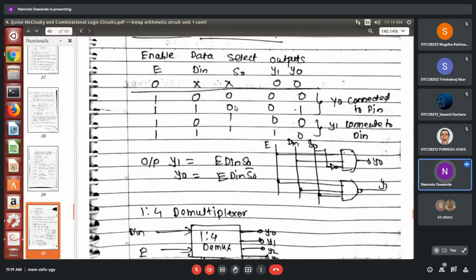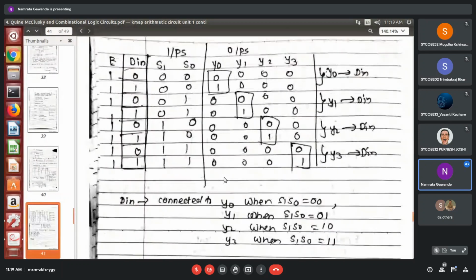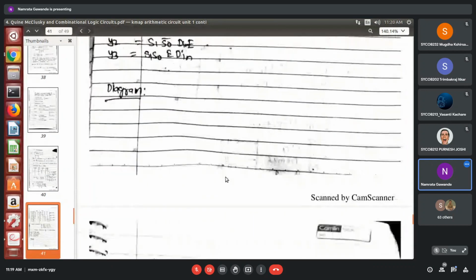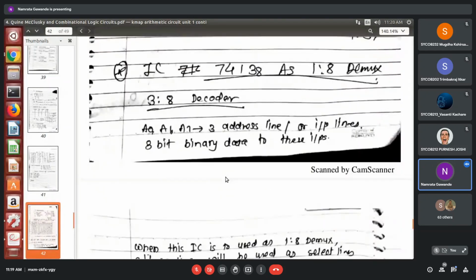Similarly to what we saw for the multiplexer, here it is given for each type of DMUX: 1:2, 1:4, 1:8 and 1:16. These circuits are given for all the types of DMUX. I'm not going through this now because you will not understand anything. First we'll see the example, and during the practical we'll move towards this topic. Here you can see the complete circuit diagram and truth table.